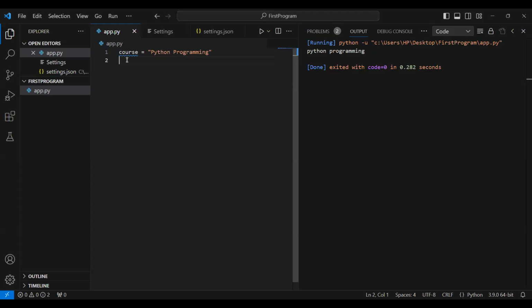So we have some functions here, like course dot lower, that is, it will convert all the letters here into lowercase. If I come and print here, print course,